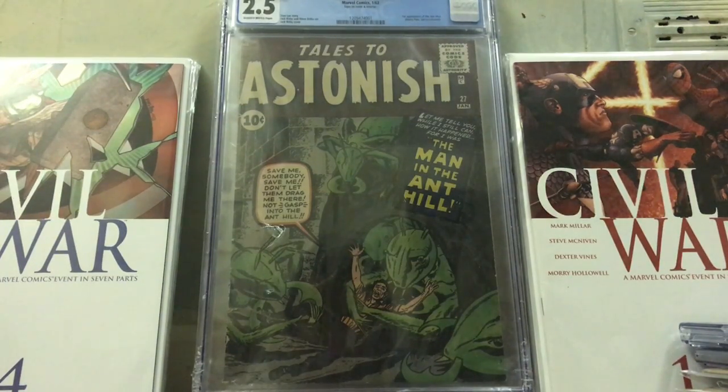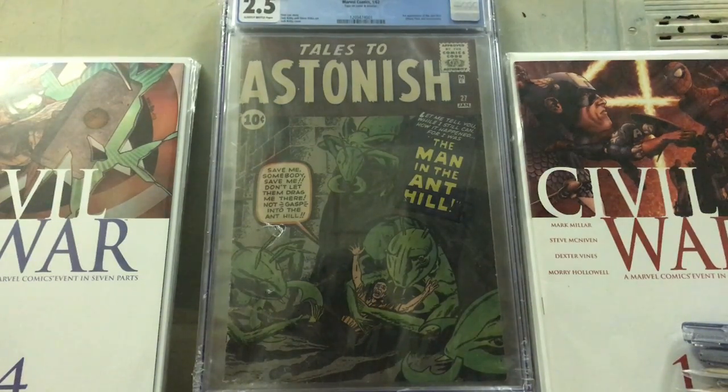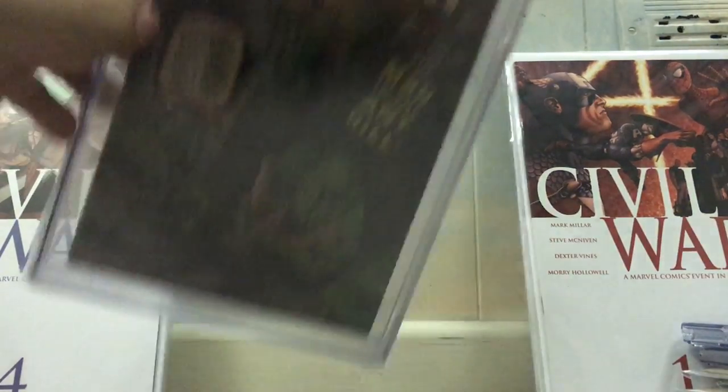Grade, and I'm happy with this one because again, this was from, and I can mention the name, actually, I recommend you guys, if you are in LA or if you visit LA, it's a shout out for a comic book store. It's called Legacy Comics Cards in Glendale. So you can Google that. The owner, Howard, a really cool guy. And I bought this, the Tales to Astonish 27, and